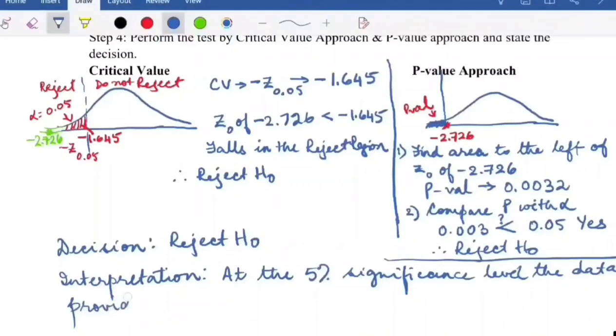So if it is reject, then you say the evidence is strong enough to reject the null hypothesis. So the data do provide sufficient evidence to conclude